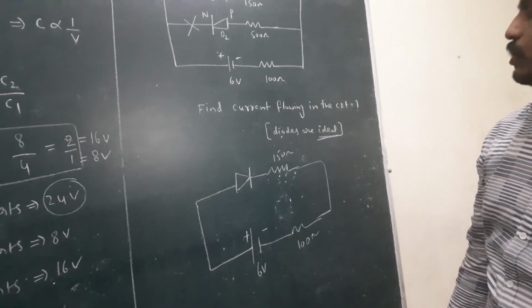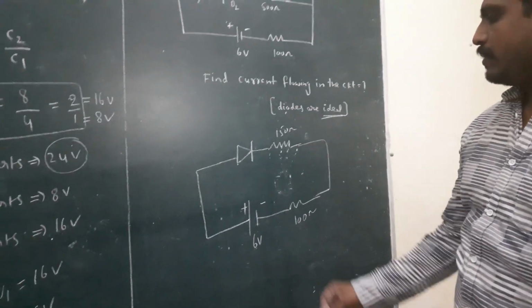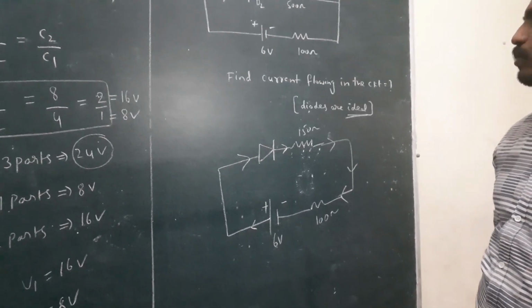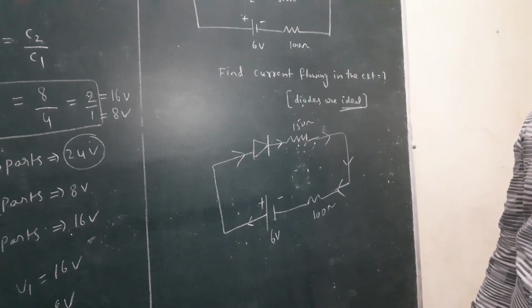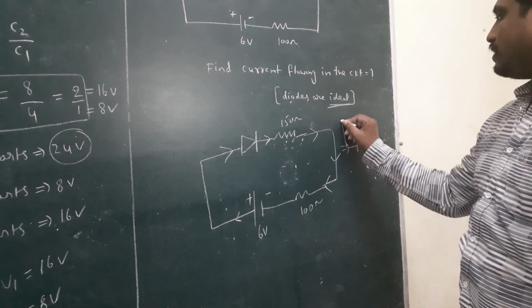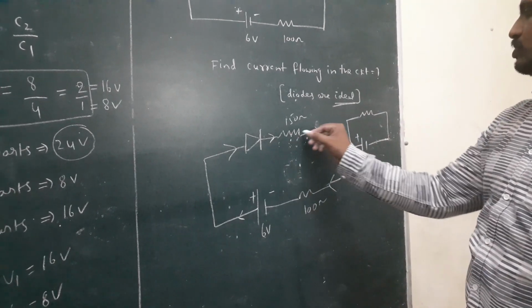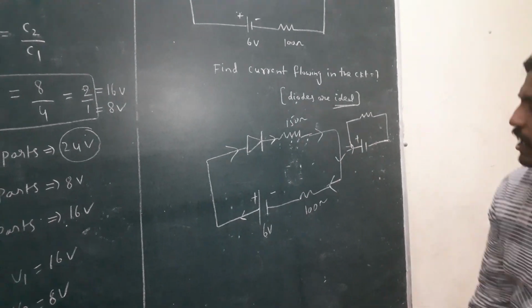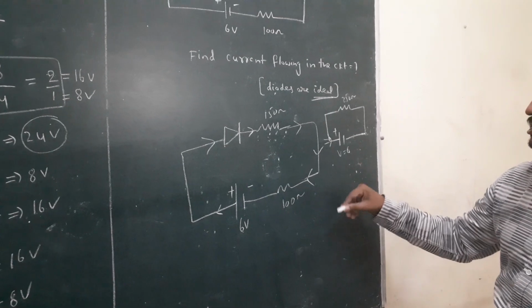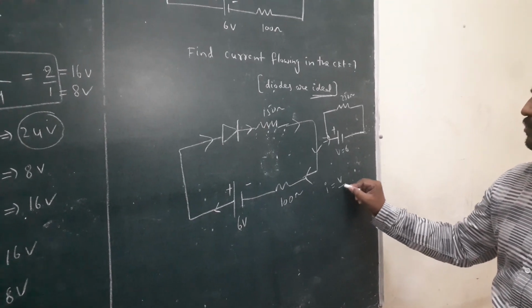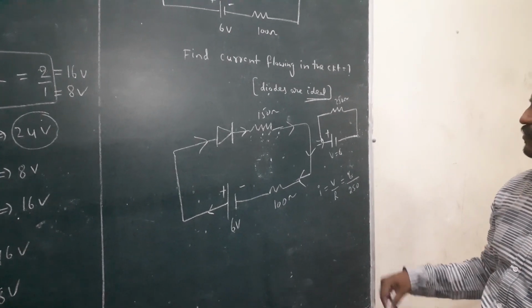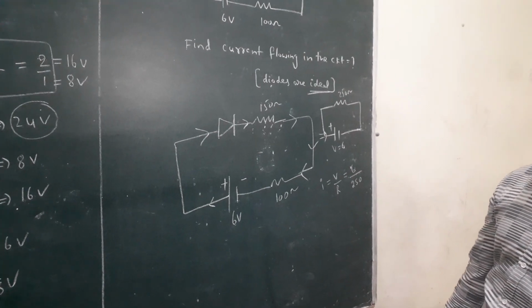According to the diagram, current flows from plus to minus continuously. Current continuously flowing means this is a series combination. Write this diagram neatly as plus, minus, because these two are in series. Rs equal to R1 plus R2. That means 250 ohms. This voltage is 6. Here current is I equal to V by R. Here the V value is 6, the effective resistance is 250. It will be calculated to get the answer.